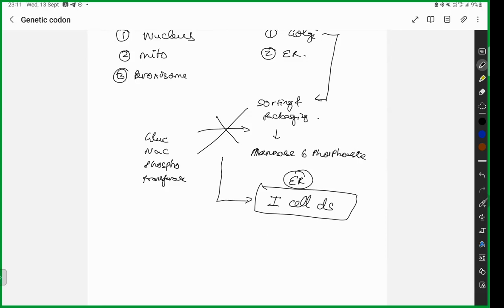Then you have this protein targeting. What is targeting? The synthesis of protein on your rough endoplasmic reticulum. A signal sequence of the protein interacts with the signal recognition particle, and SRP is going to be going on the RER, that is rough endoplasmic reticulum. The growing polypeptide passes through the translocon into the rough endoplasmic reticulum lumen, where it is going to get glycosylated. So in the lumen, it is going to get glycosylated, and then it gets out. So this is how targeting of your protein occurs.